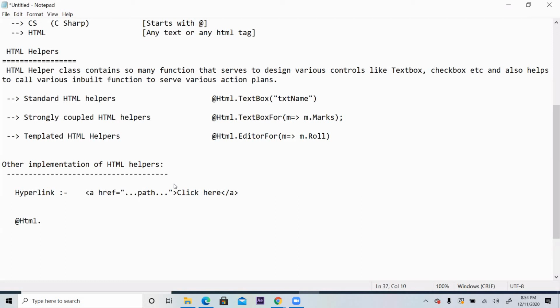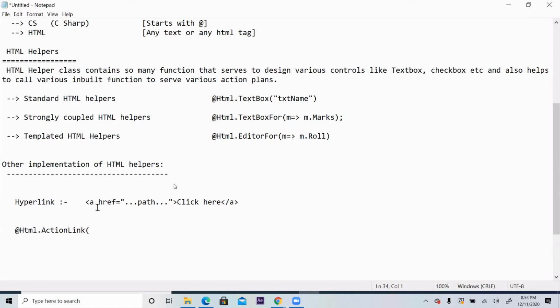There is one function called ActionLink. You have to use that for hyperlink. If somebody wants it using HTML, then this is the coding. Absolutely welcome. You can write this also, no problem.